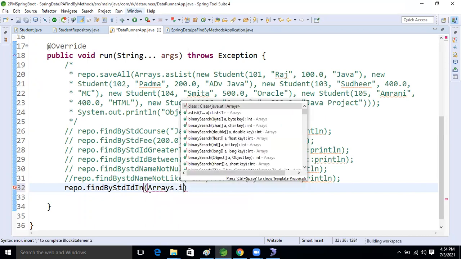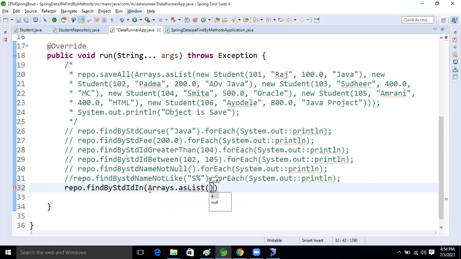Arrays dot asList, right? Inside that, we will select 102, another 104, and 105. This record we are going to select now.